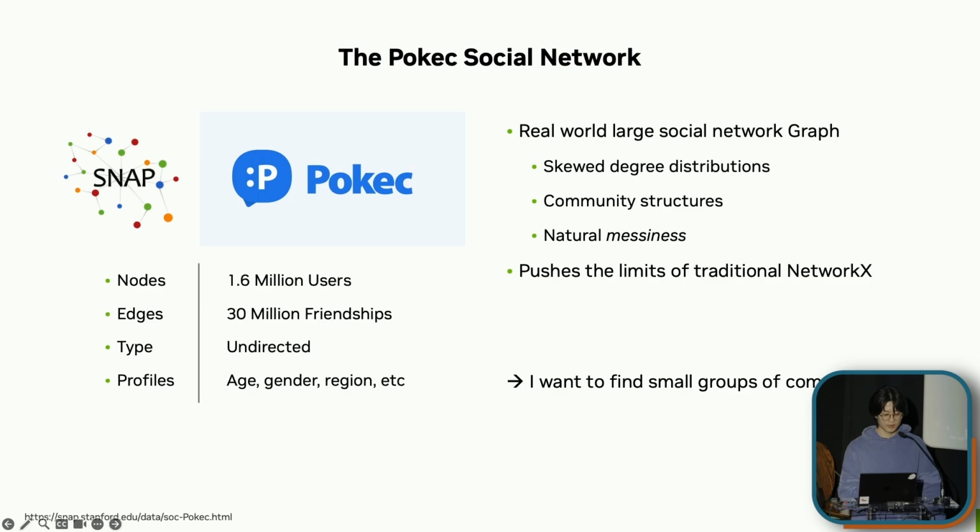So first, I'm going to introduce the data set that I use. It's a social network data set, social network websites. It's called Pokec. I apologize if I'm pronouncing that incorrectly. It's a social network in Slovakia. You can sort of think of it like their Facebook. I think it was the most popular site up until a couple of years ago, and then it got eclipsed